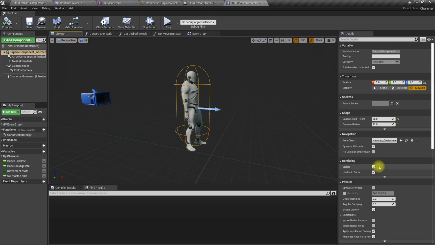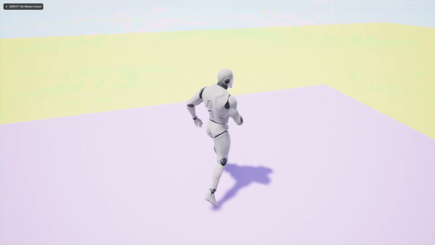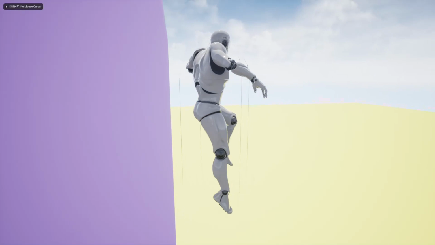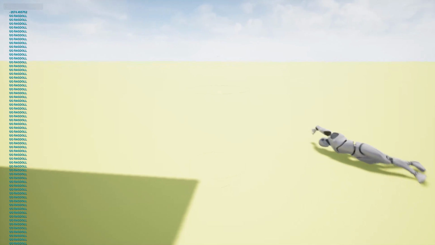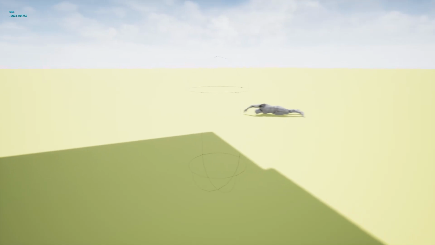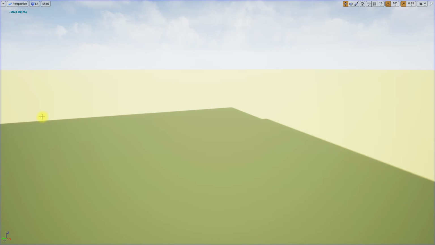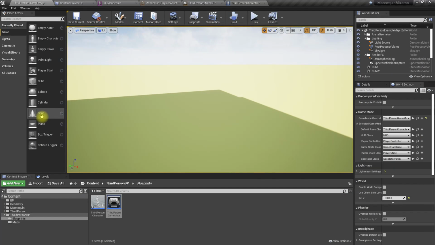So if I leave the capsule visible, you will see the capsule is here and the body is there. That's the issue.